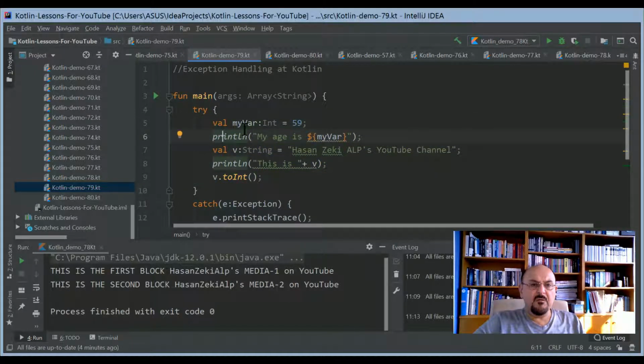I define my var, so it's going to be integer 59. I define a print line method, my age is $myvar. So far so good. I define another variable, so as to be v, so it's going to be string Hasan Zeki Alp YouTube channel, and this time I use this method. This is plus v, a string will be printed out,